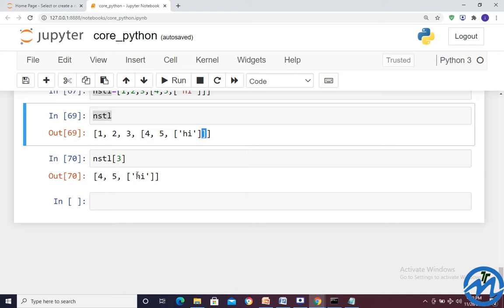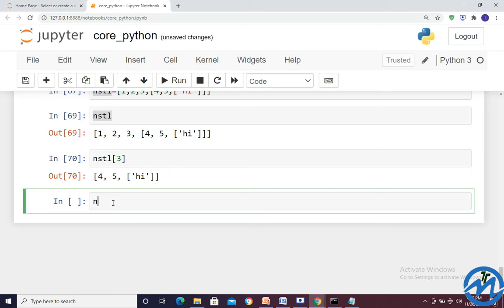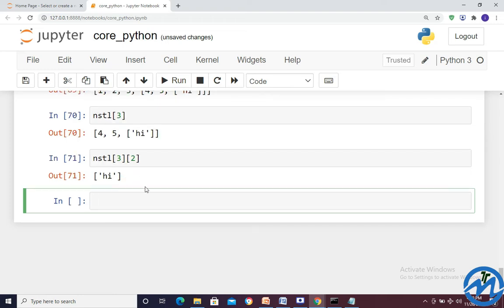So NSTL of 3, 2. What data is available on it? High data is available on this, 3 to 2. So the third list, and then second to 0th position, high.